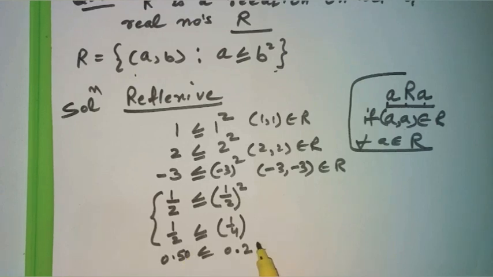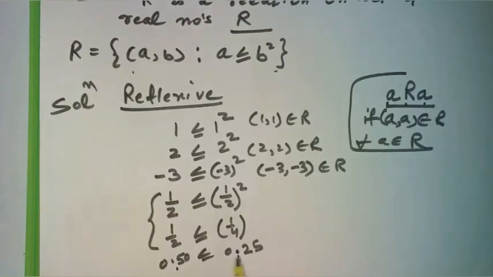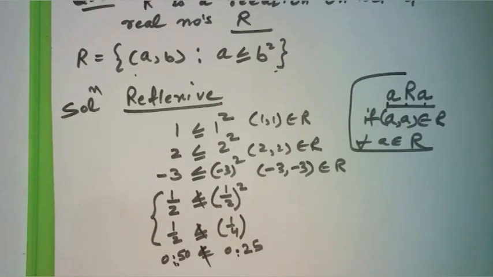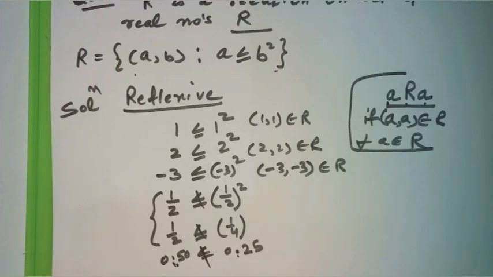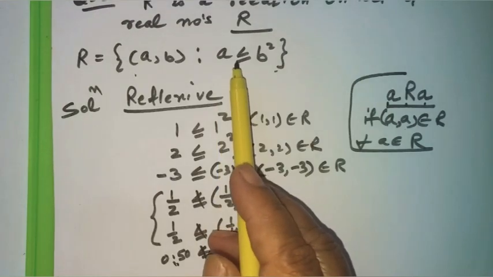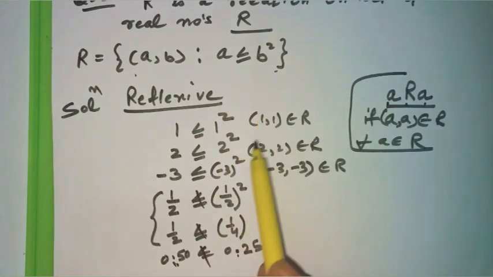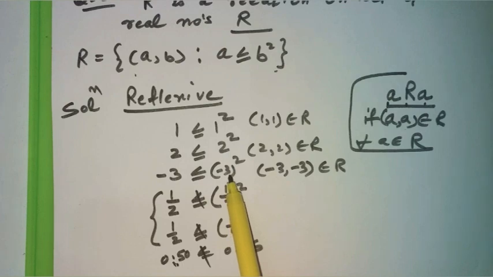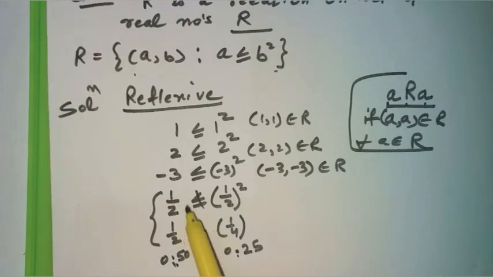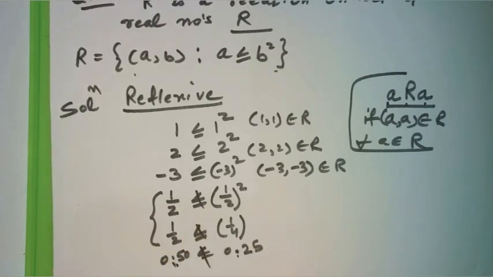This is 0.50, 0.25. So this number is larger than this. This number is greater than this, not less. That means this statement is false. So what we have seen is that this particular relationship was followed by natural numbers, integers, even 0 will follow, but the rational numbers and the proper fractions in which the numerator is smaller than denominator, they are not going to follow it. The positive rationals are not going to follow it.